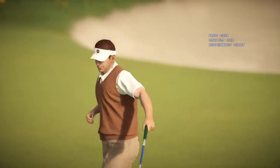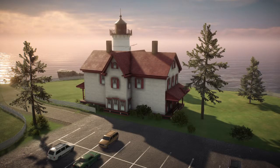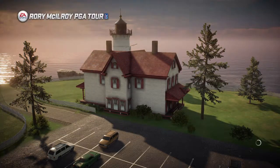Frank, this is a good position to be in for a player. Making birdies, making some moves. Yeah, starting to get the momentum, too, for the finish. There you have it, Frank. First round is complete. What are your thoughts, partner? Rich, I think anyone inside the current top 10 of that leaderboard is certainly well placed